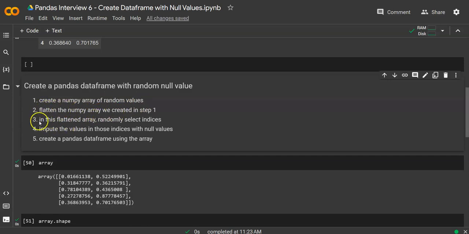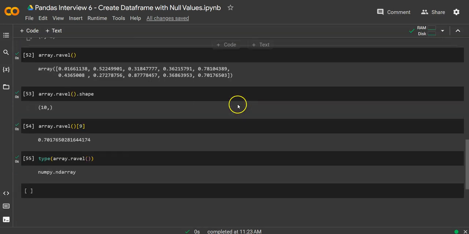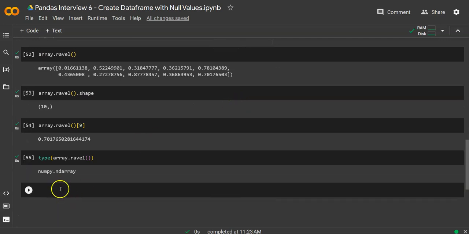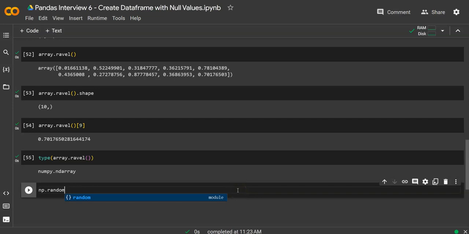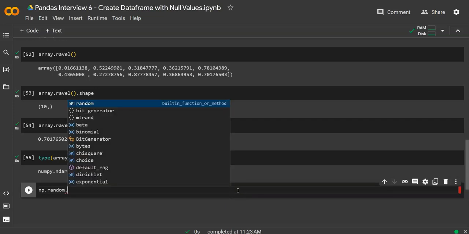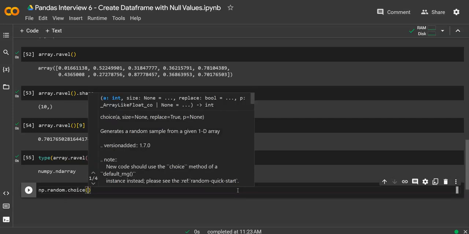And this time we are in step 3. In this flattened array, randomly select indices. We need to find a few indices from there. One technique in finding random indices from an n-dimensional array is using NumPy's random.choice function, and we are going to